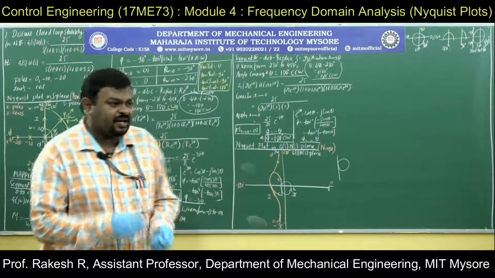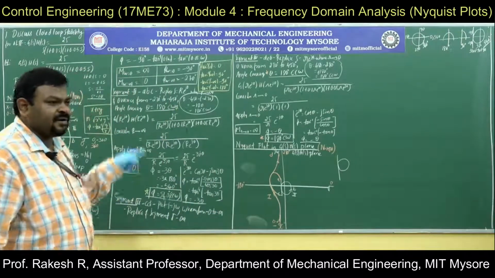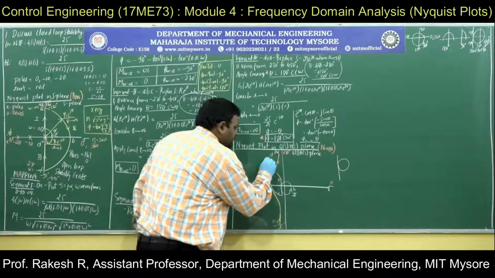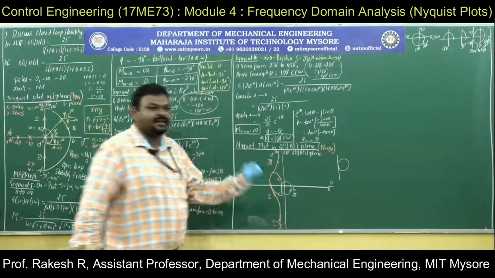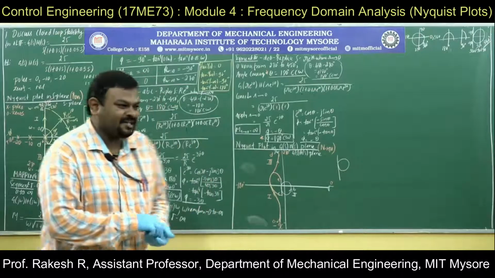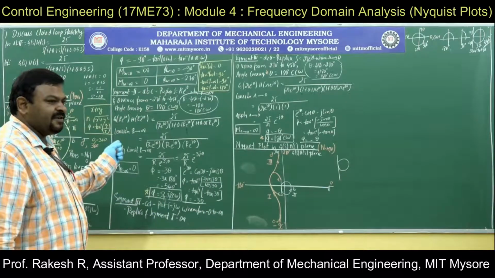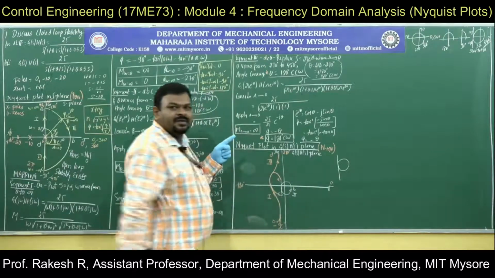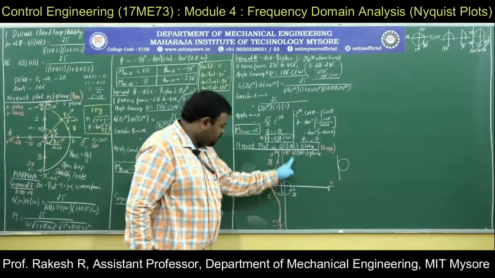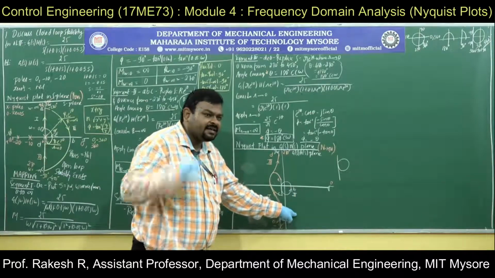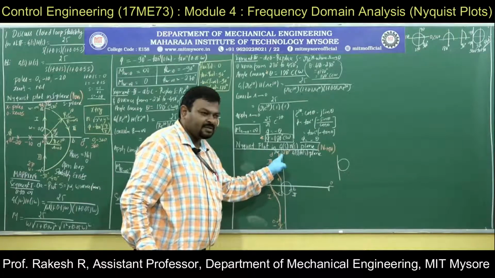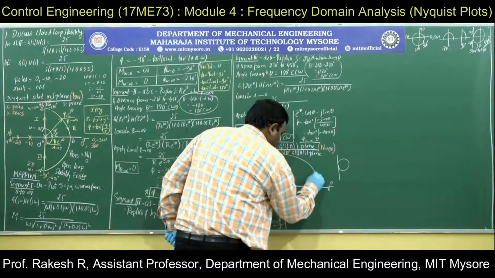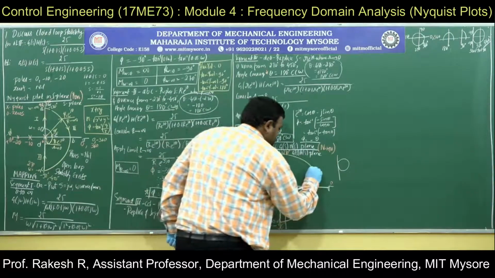Then after that, the last segment. Once you draw these three segments correctly, then segment 4 will automatically be correct. How? I will check. What is the last segment? The magnitude is infinity. And what is the angle coverage? It is covering only two quadrants. Practically speaking, let us think it is on the y-axis. It is covering 180 degree. And this is the last segment. This is segment 4.